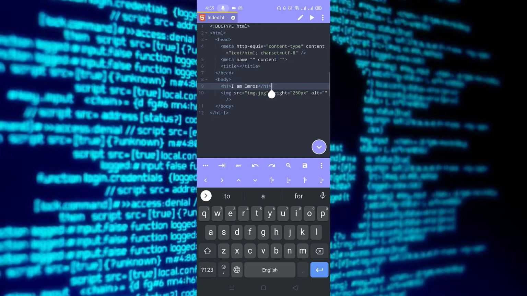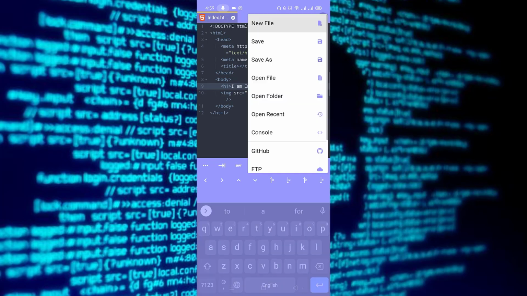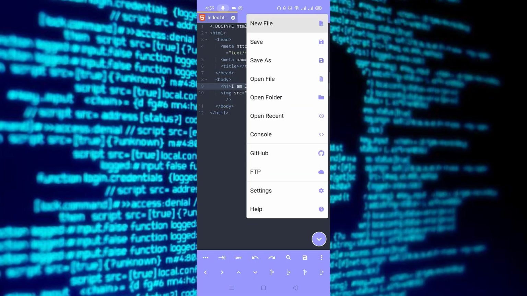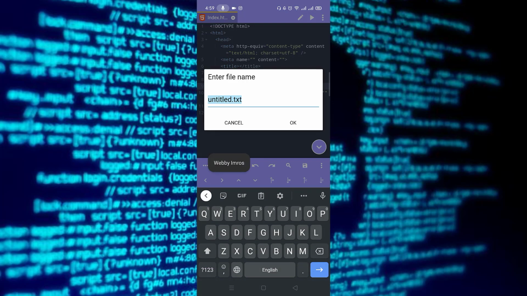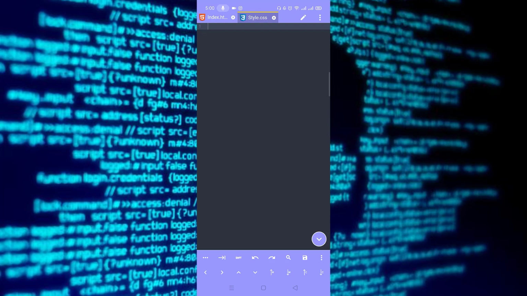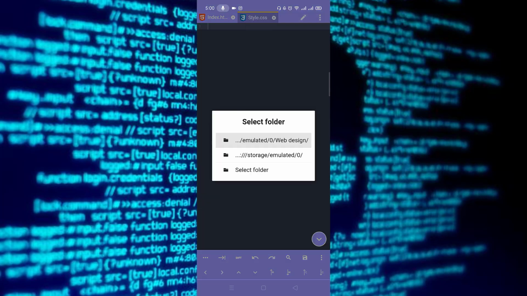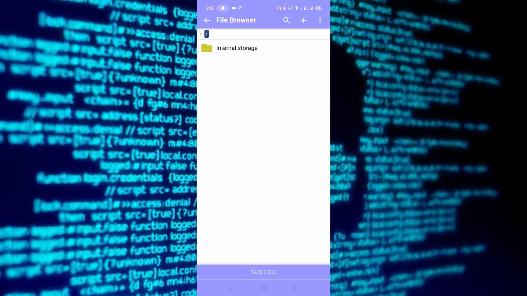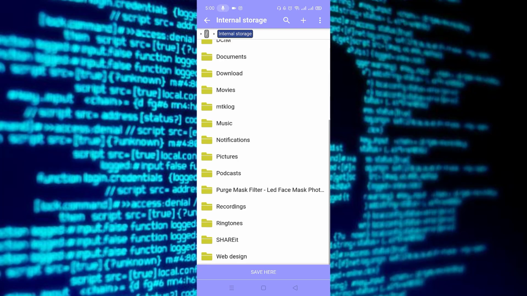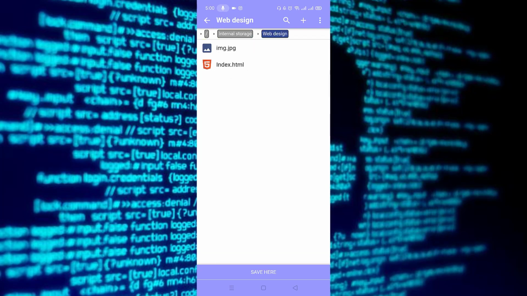And now let's create a CSS file. Let me show how you can write CSS code in this app. To create, just click on this three dot and new file, and its name is style.css. Okay, let me save this also. So save as, select folder, internal storage, web design and save here.